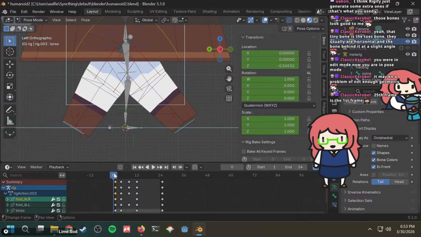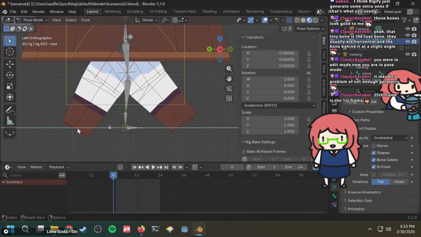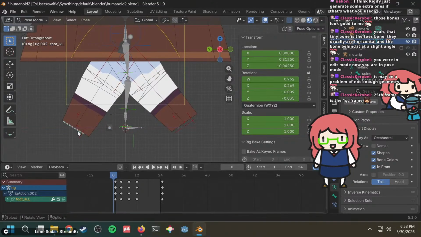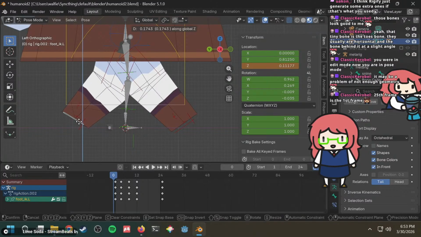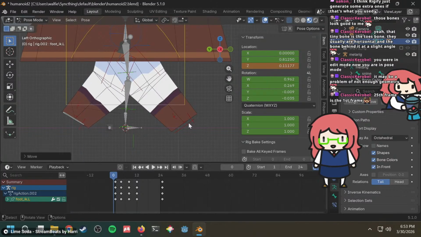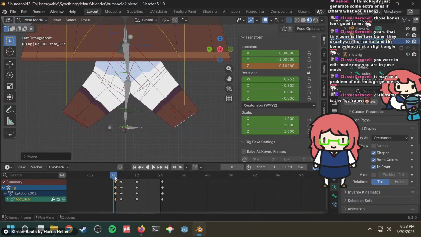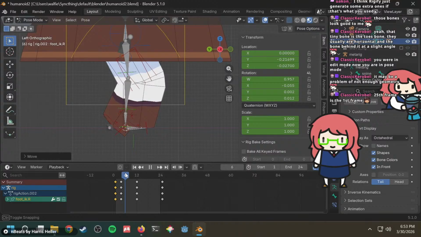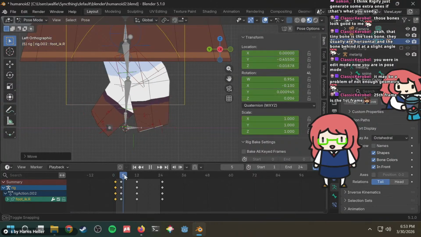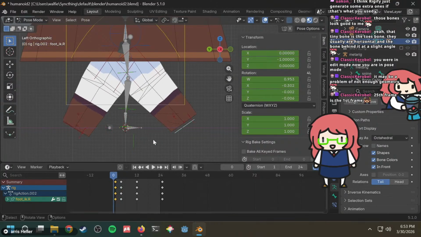We gotta go back. This one has got to be up. But it's still going through the ground. Why is that? Why is it doing that?